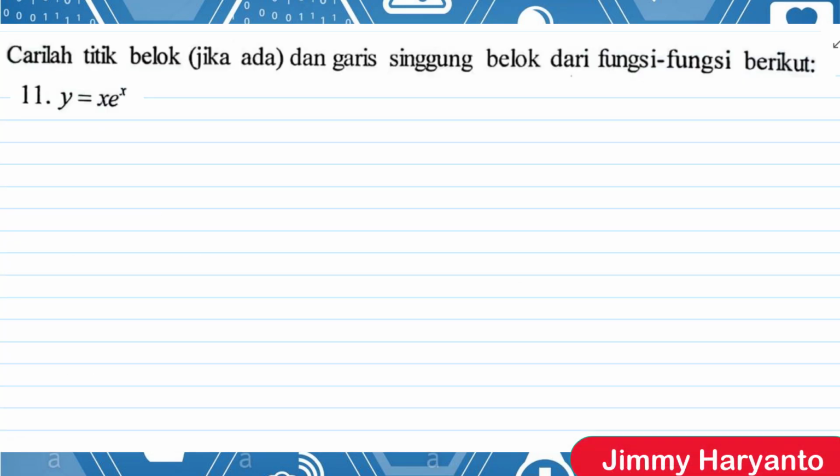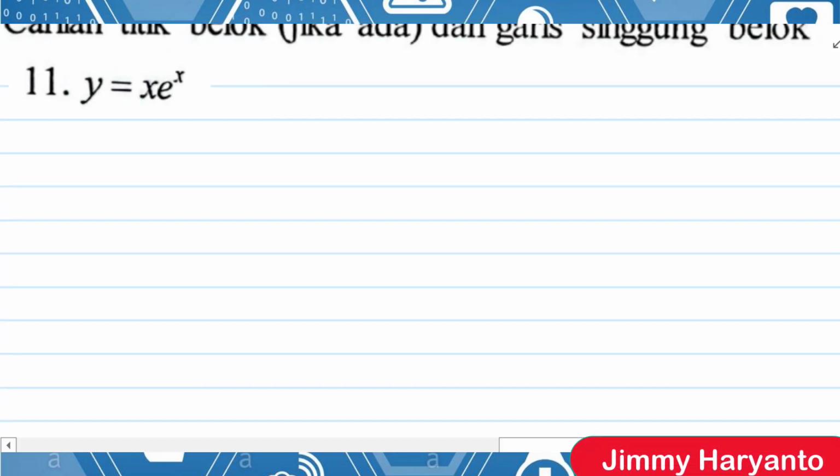Okay, good. The last one is number 11. For number 11, I think it's hard to do, but let's try. For y equals e to the power of x times x, you cannot. Oh, actually you can, you can use u times v. Okay, let's do that.